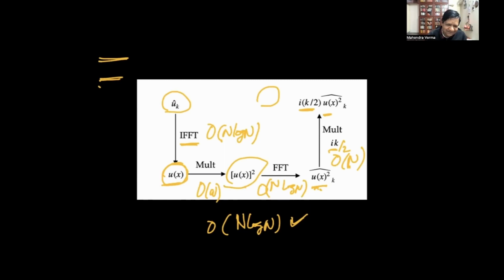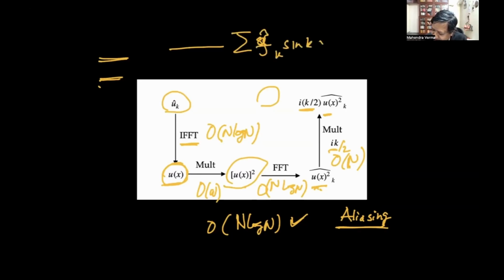So that's the trick. Now there is only one catch, this problem called aliasing. I cannot discuss it right now. People who are doing the project will have to worry about it. So let's say I imagine that I am doing this f hat k sine kx. I'm just doing it for sine. The last wave number will be sine of nx. There will be a factor of 2 pi and so on, but let's just do sine nx.